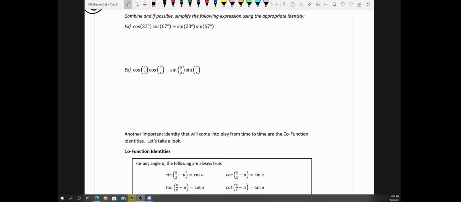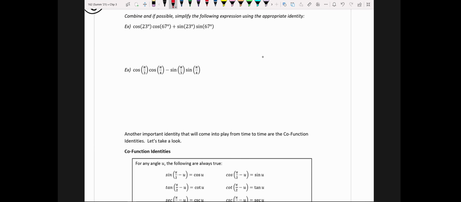Now, if they already give it to you in expanded form, as such, you need to make sure that it's in the form of the jingle. You may have to rearrange terms here, but this time it's already in the form cosine, cosine, sine, sine. So from expanded form to condensed form, this is the cosine sum or difference identity because it's in the form cosine, cosine, change the sign, sine, sine. So it's going to be cosine of first, this time minus second, because the sign changes